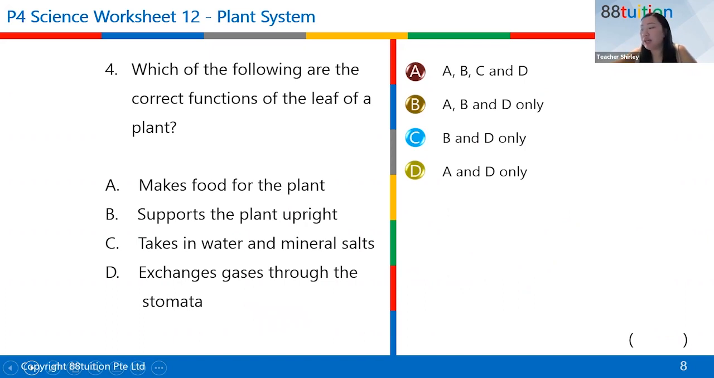Which of the following are correct? Now I always tell my students, whenever they have such keywords, identify them and put either a tick or a cross. Now this one is asking for correct, so we are looking for ticks. Okay, if the question is asking incorrect,